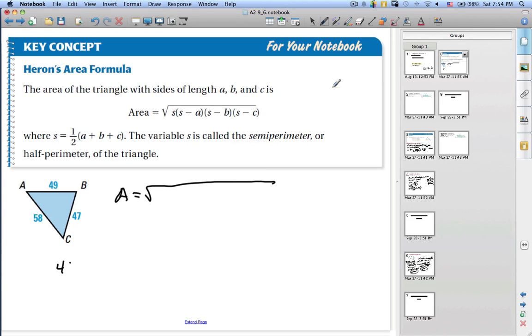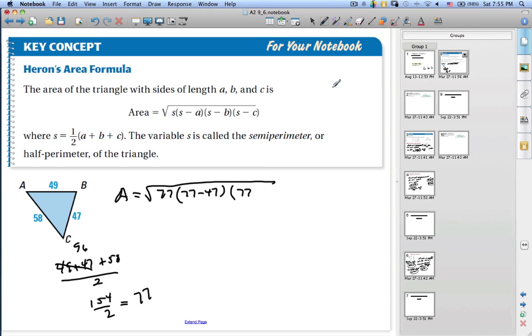So we'll have 49 plus 47 plus 58 all divided by 2. So 49 and 47 are 96. And 96 plus 58 would be 104 plus 50, 154. Divided by 2 is 77. Okay, so the area will be the square root of 77 times 77 minus side A, which is 47,